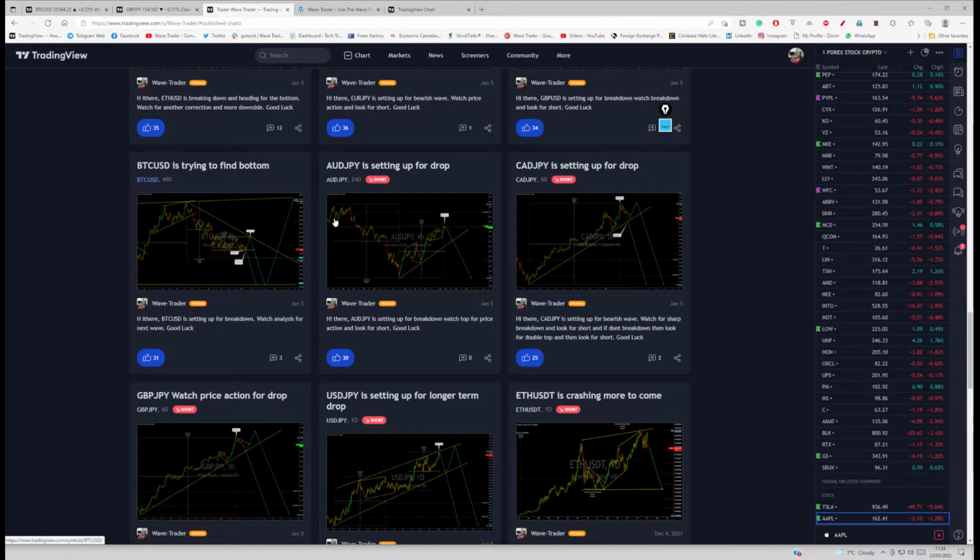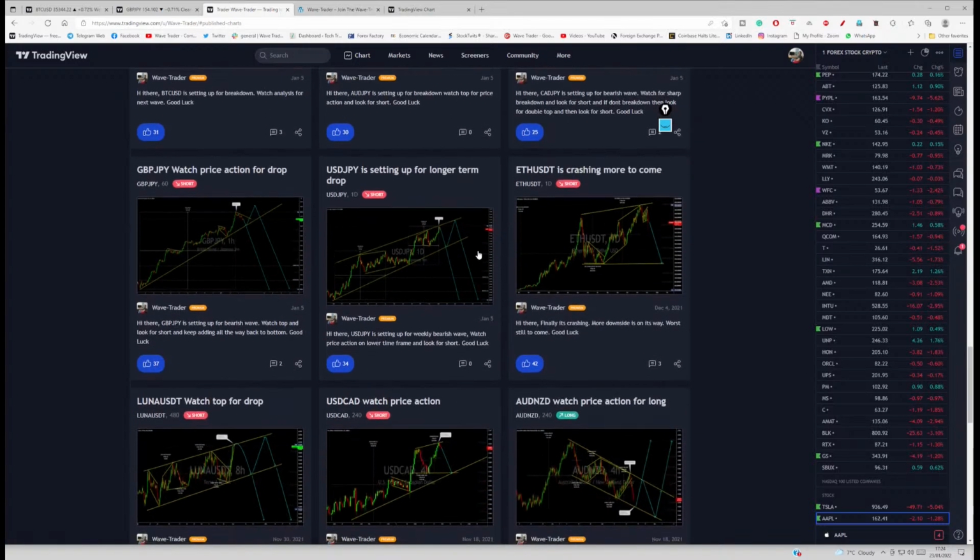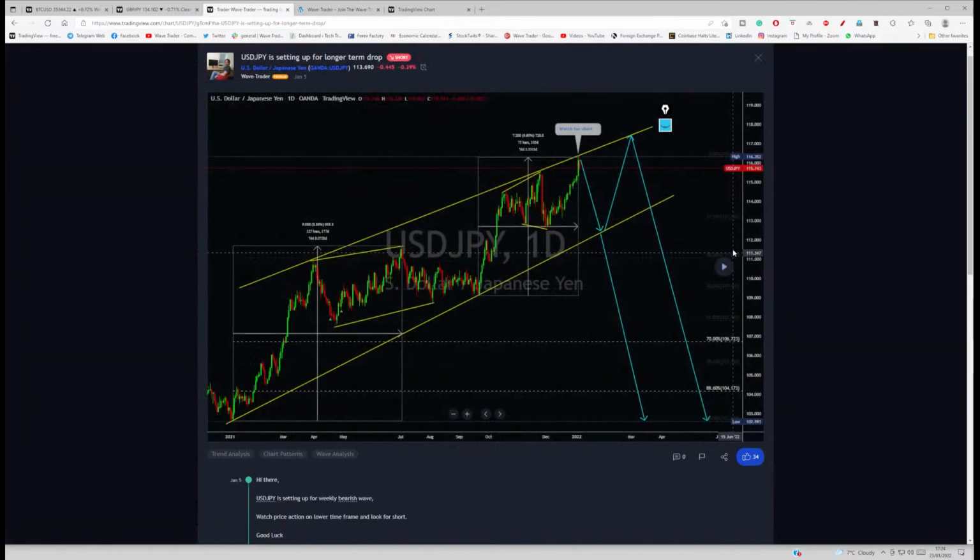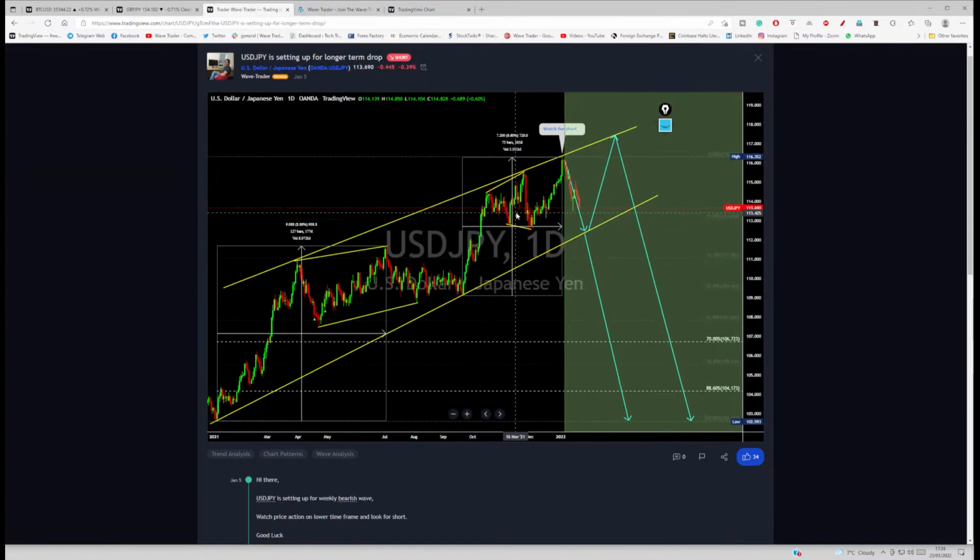Bitcoin is dropping, Australian dollar against the yen is also dropping, Ethereum dropping, CAD yen also going down, pound yen dropping, and dollar yen is also dropping. Next week dollar yen is going to be important. Dollar yen can go higher for another leg. It's going to depend on the Fed, how the Fed is going to react and how they are going to talk,